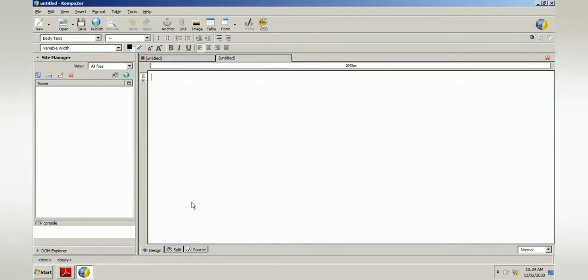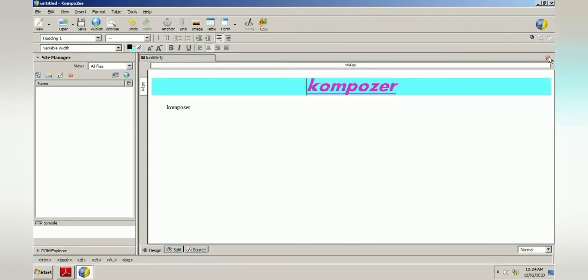And if I want to close this one, here nothing is written, so this is unnecessary and I want to remove it, how can I remove it? By clicking on the close button. So like this you can write down anything on the page pane, and at the top and left hand side you can see what is known as a ruler.